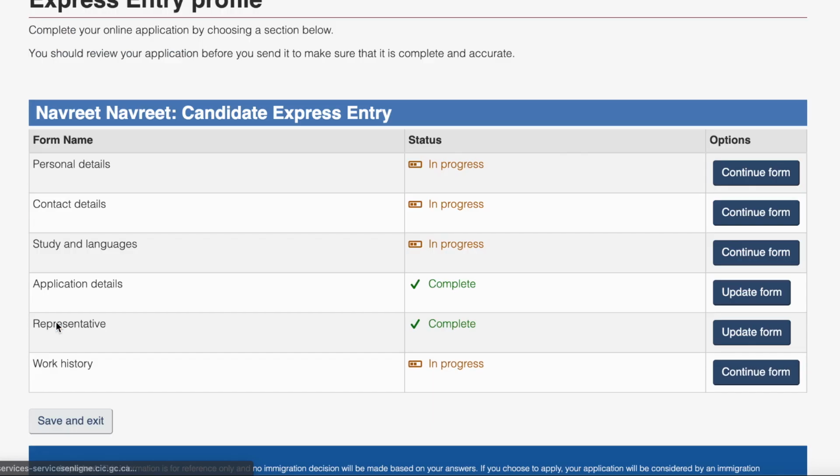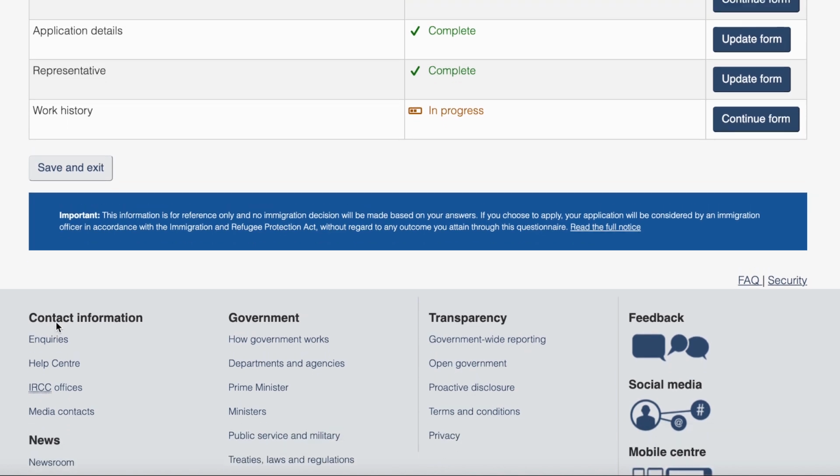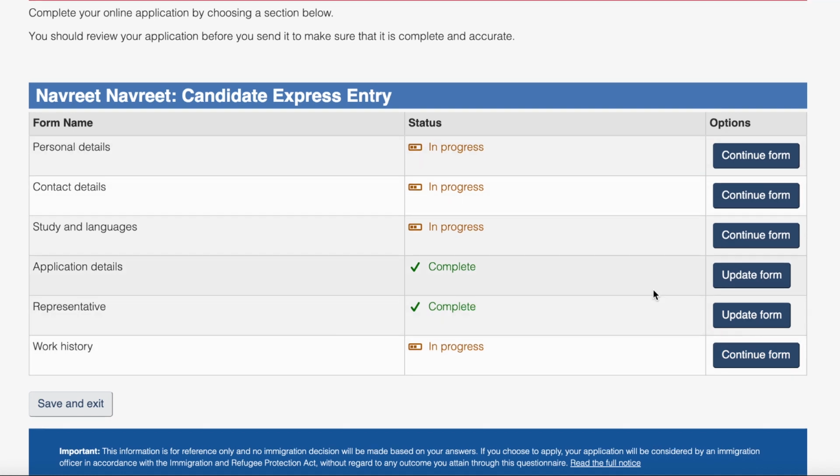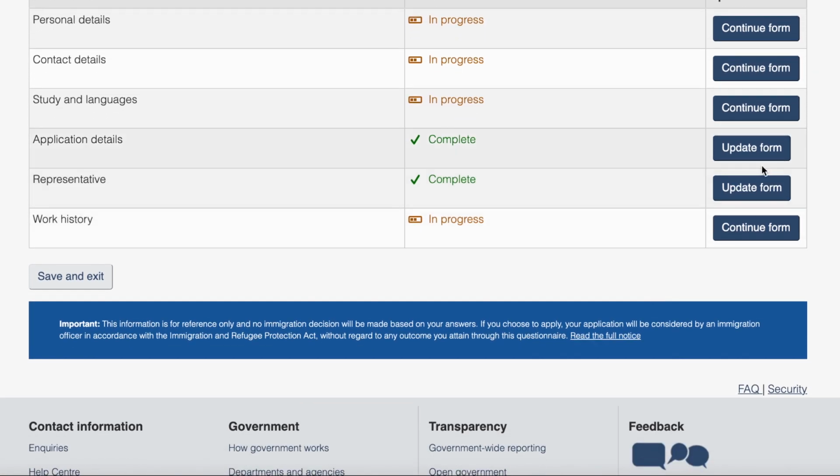So actually this is it. Once you fill in all these forms, since from my side a few forms are still incomplete because I just wanted to show you, once you fill out all these forms, you will get the option to continue. When you continue, there will be an electronic signature which they'll ask you to do. You just type in your name there and electronically sign it. Electronically signing is just that you agree to the terms and conditions, and then you submit your file.